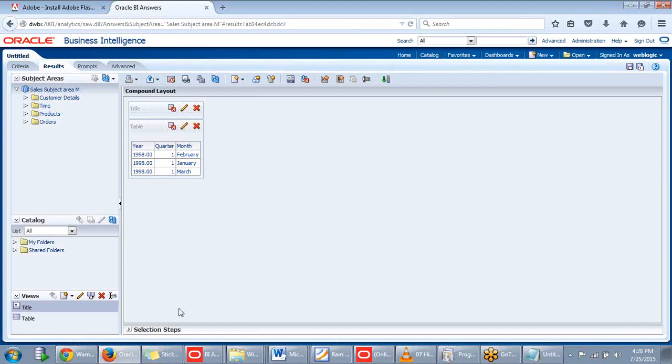Okay, we can do that. We need to sort this particular column based on some other column. You can do this directly in the front end part, and if it is a reusable thing that is used for many other reports, then we can do that from the RPD level even. Now I am going to show how we can do that through